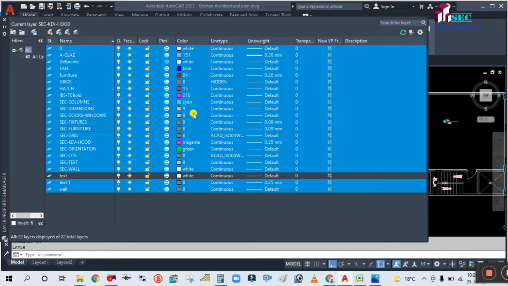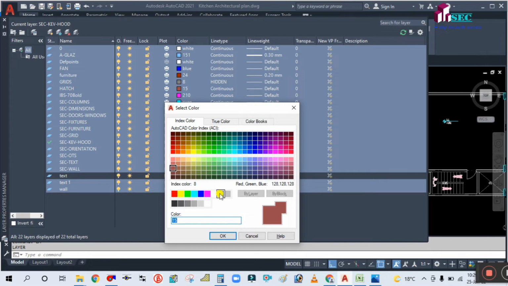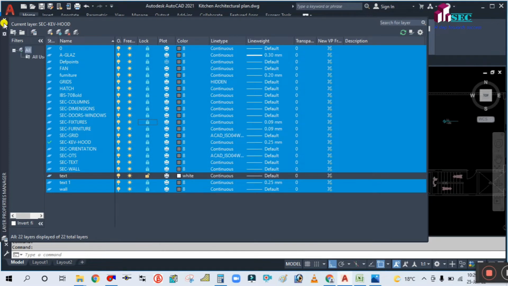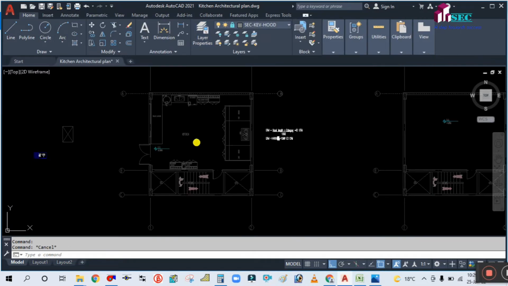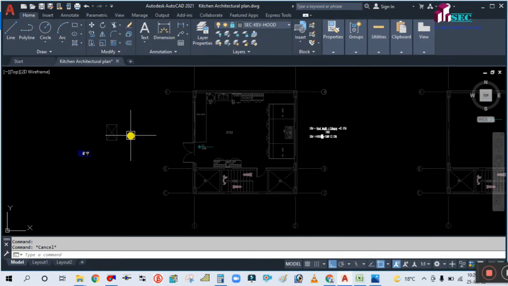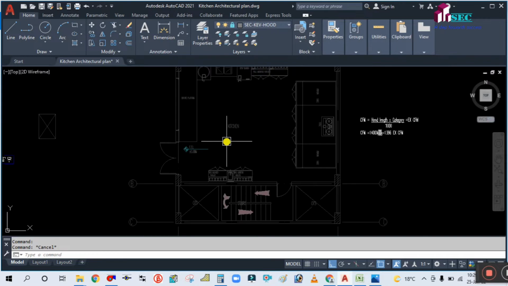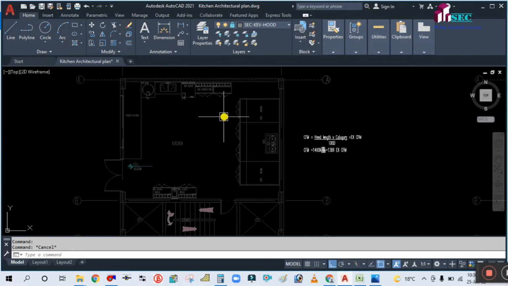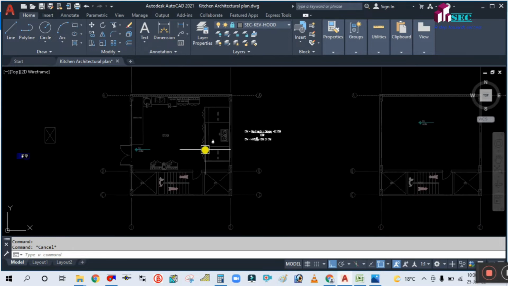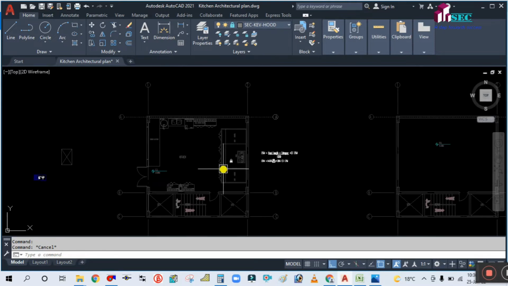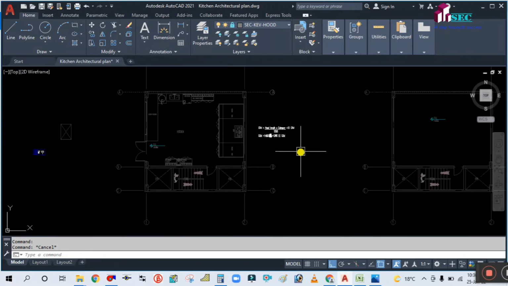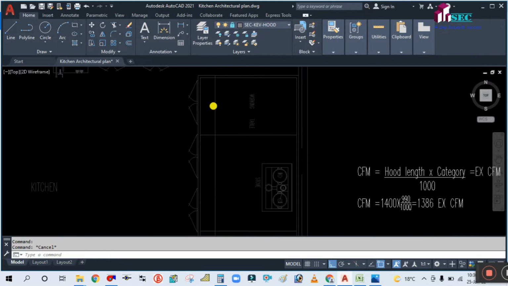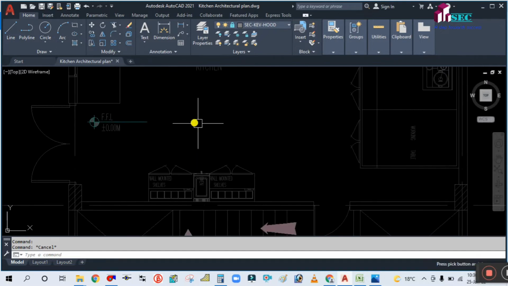Okay, and change this into color number 8. Okay, and lock it. Before you start any drawing, any designing, you should do these things first, then you start the designing. Why? Because your drawing, your services should look neat and clean, because you want to show your services in your drawing. That's why you need to dim this one, make it light, the other services or unnecessary things,